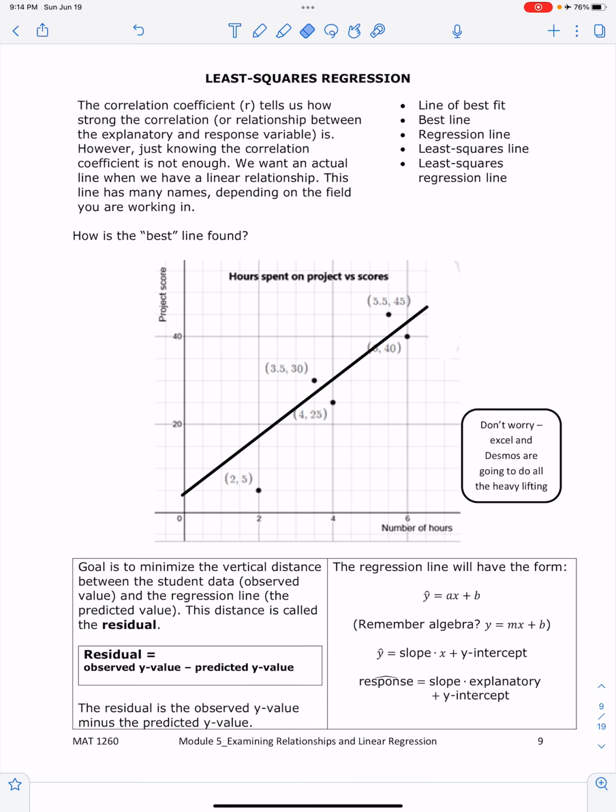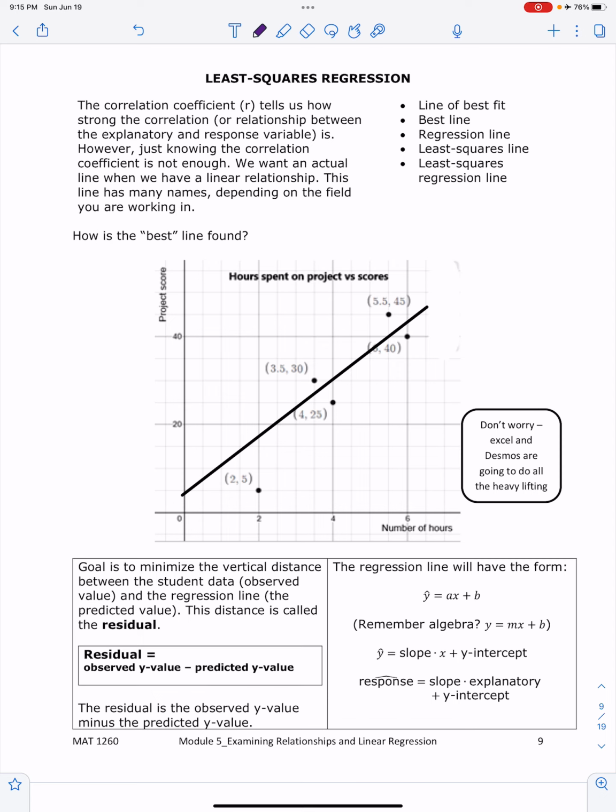When a program finds the line of best fit for you, what it does is minimize the distance from the point to the line. Now, with multiple points, we don't want to be doing this over and over. It's a fairly complicated formula. So we are going to use Desmos to do this for us. Again, this can be done in Excel, a little more user-friendly in Desmos, and that is going to meet our needs. So we're going to talk now about how to create that line of best fit, how to interpret our